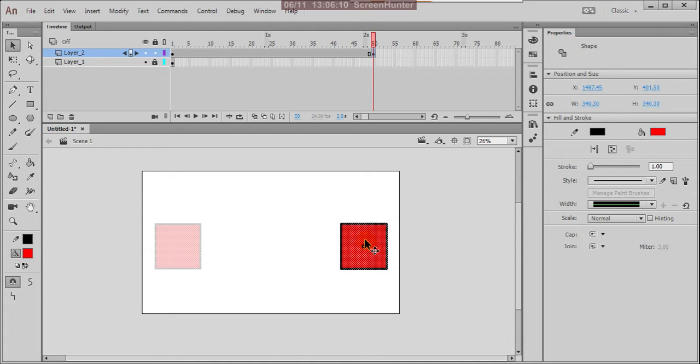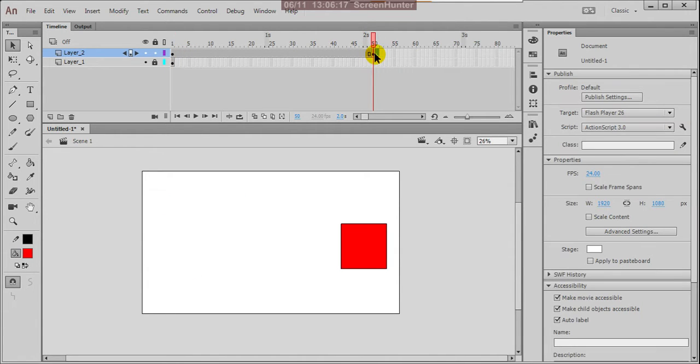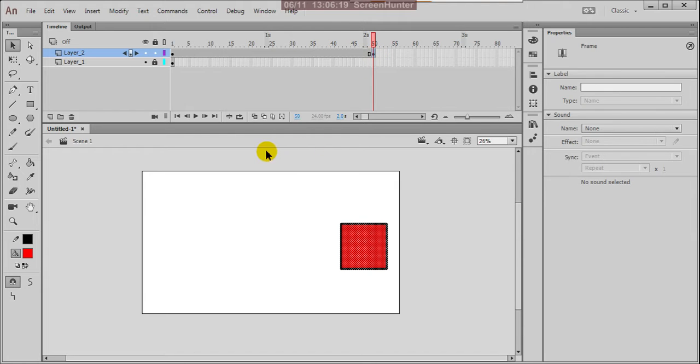Now you see there is one frame here and one frame here. If you switch on onion skin, it creates transparency, opacity, between these frames, with the first frame at the start and another frame at the end.